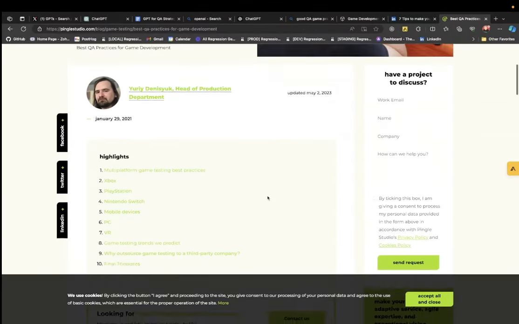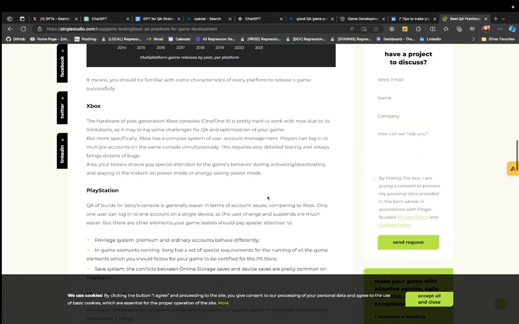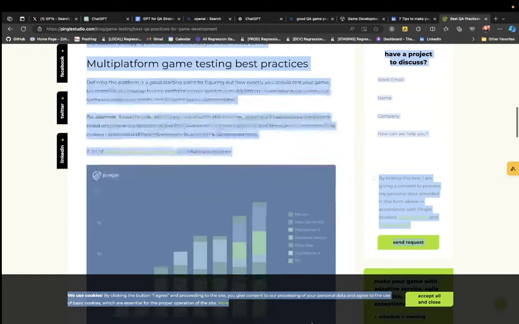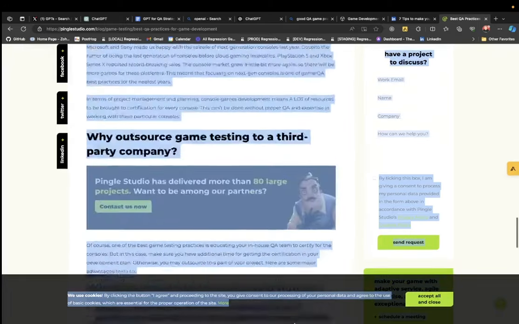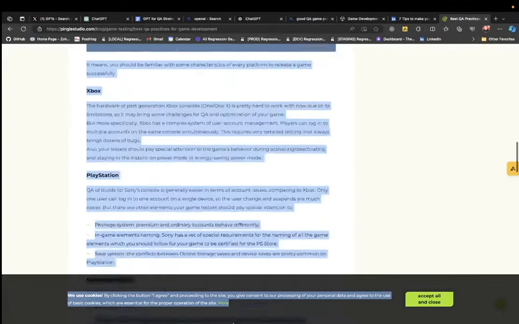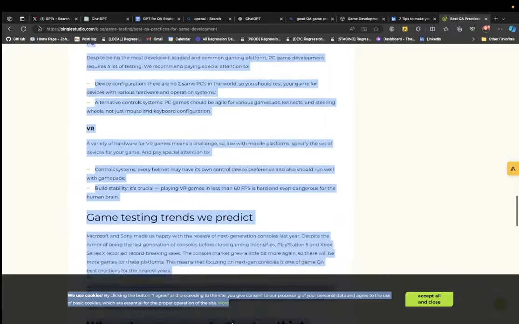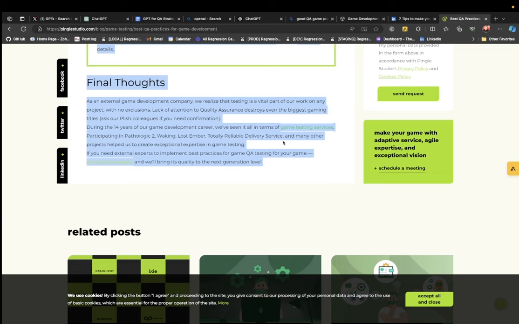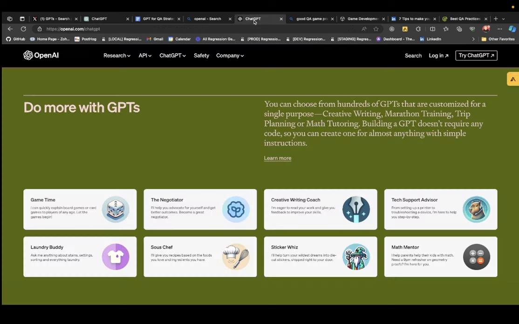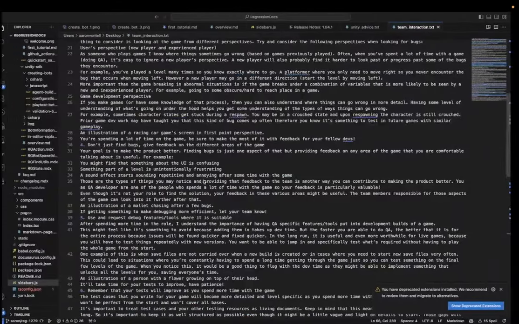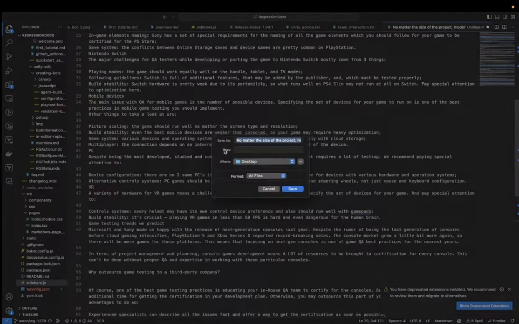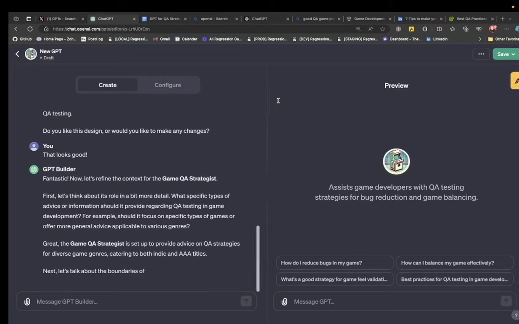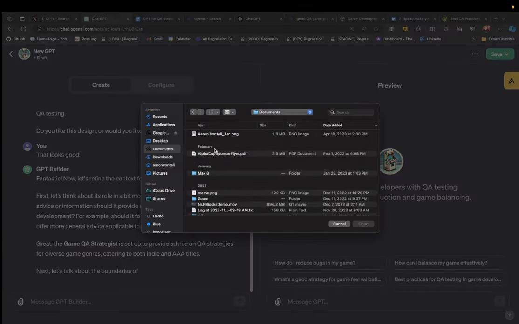And then finally, this is good, these are very specific things about how to test for each platform. So we'll copy that as well. Some of this stuff we might not need to copy, because GPT has web browsing capabilities. We could probably just say, "Hey, get the information from this website." We can try that too, but maybe we'll start with this for now. Okay. Specific advice.txt. All right, and now what's really cool is I can just attach these files